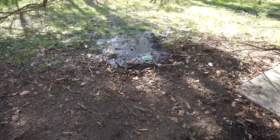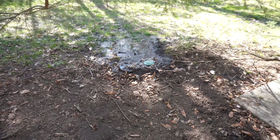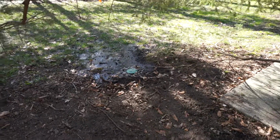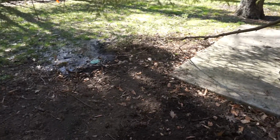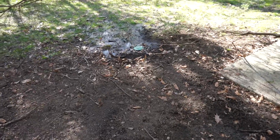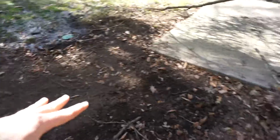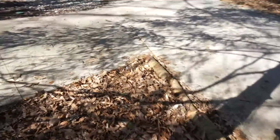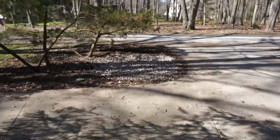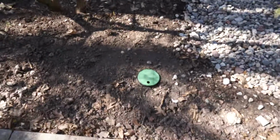So to get back to the cause of all this water, the water table rises up pretty quick around here. The river's right at the end of my street. It hasn't rained in like a week. This is just the water table's up so high. So now I've got 2 overflows. I've got perforated tubing. And you can see there's no overflow out here. Well, the only reason there's no overflow out there is because I installed